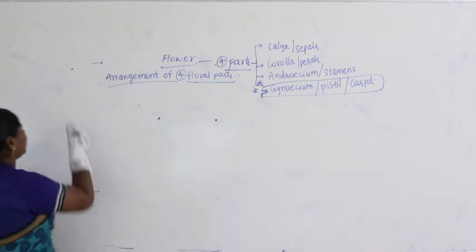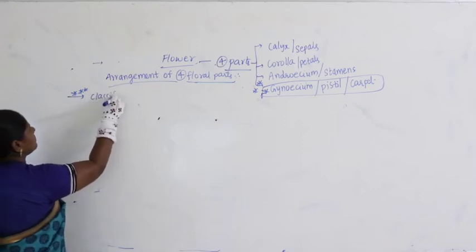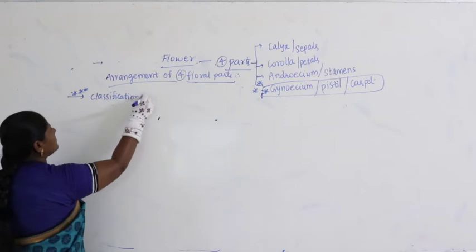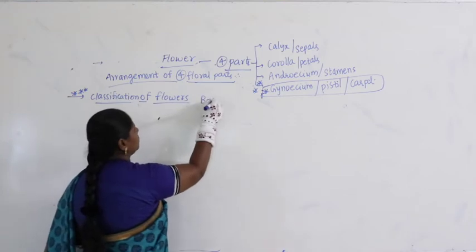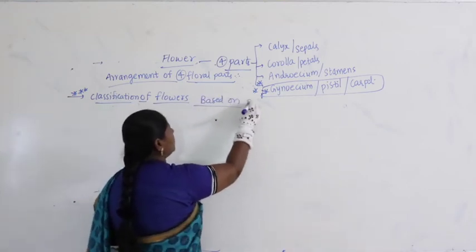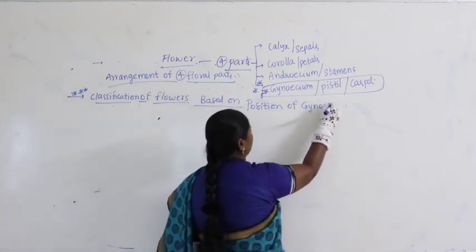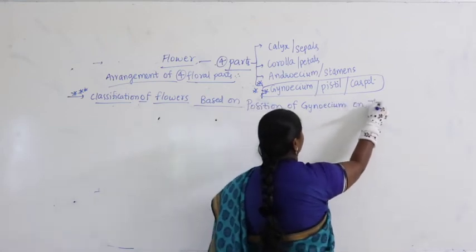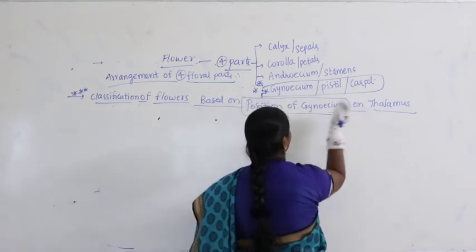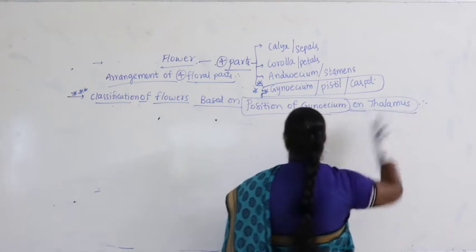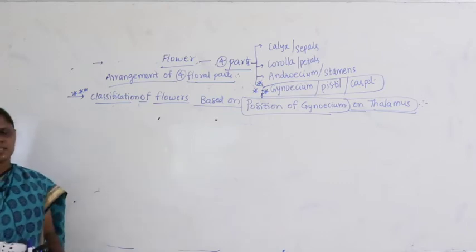So what is the important thing we are going to study now? Now classification of flowers based on position of gynoecium on thalamus. Based on position of gynoecium where? On thalamus. What we are trying to discuss here, we are just going to classification of flowers, and this classification